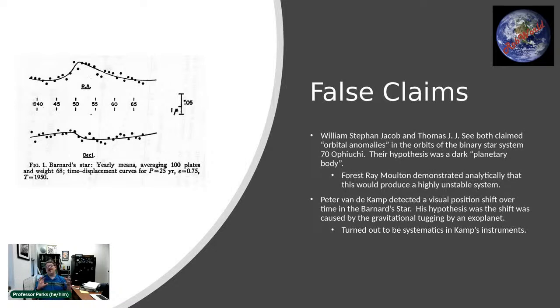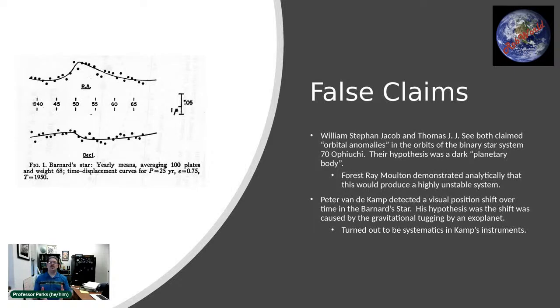The most unfortunate sort of example of this was done by Peter Van de Kamp, who was a prominent astronomer of his day and is still to this day one of the big hitters, I guess, as it were, in the field of astrometry. Van de Kamp was very good at finding the precise locations and the precise proper motion of things in the sky. He was kind of, I wouldn't say he was a celebrity, but he was a big name. You know, when Van de Kamp said something, people listened.